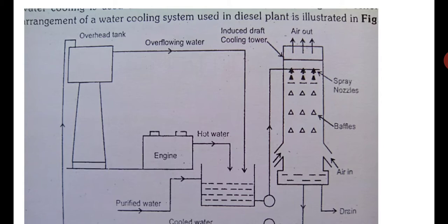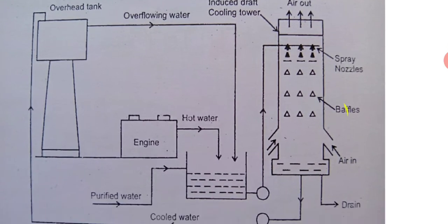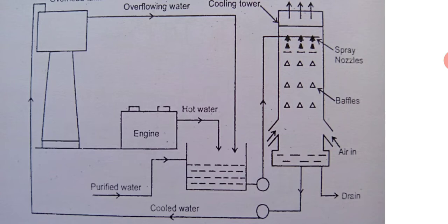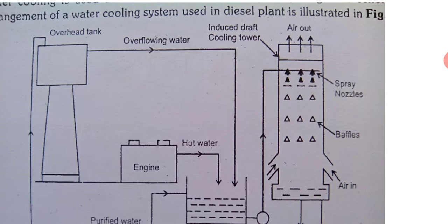Now you see in this induced draft cooling tower, cold air enters from the bottom, because as I said, there is a blower in the top. Induced draft means definitely a draft is induced. There is a motor and a blower rotating like a simple exhaust fan, throwing out the air from the top. That creates a suction, and the air from the surroundings gets into the cooling tower. Then it interacts with the water.